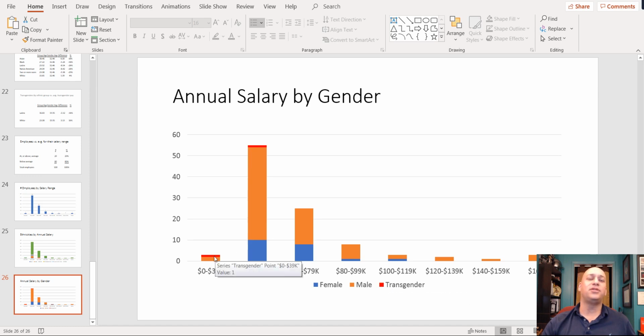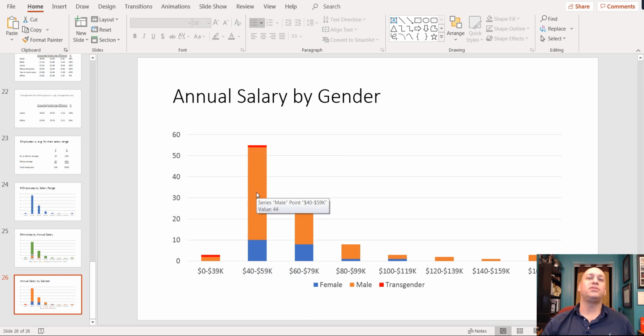They're on the top. That doesn't mean that they're the highest. It just means that they're somewhere in this range, and the small thin red line is how many are in there. So here's just one transgender here, one transgender person there,